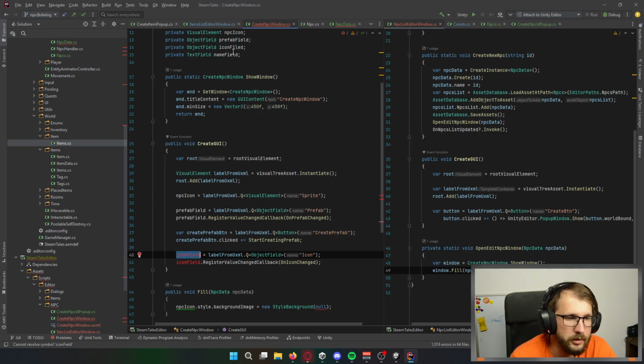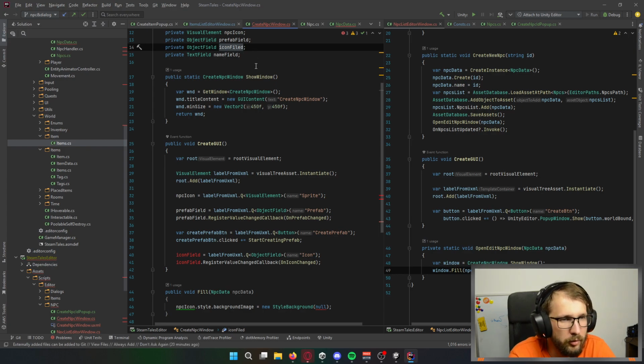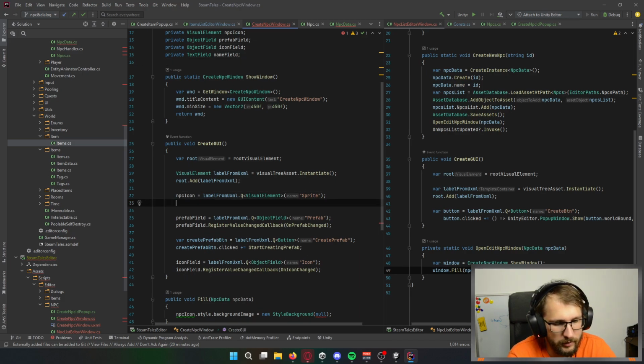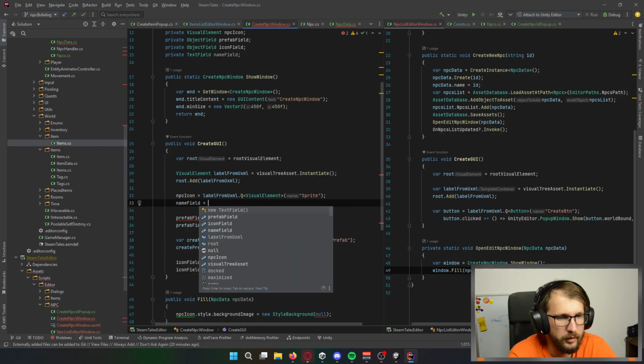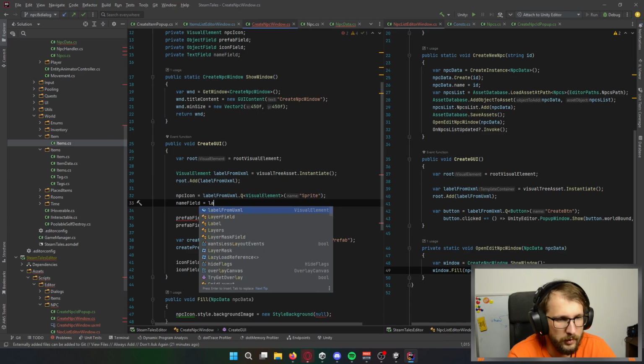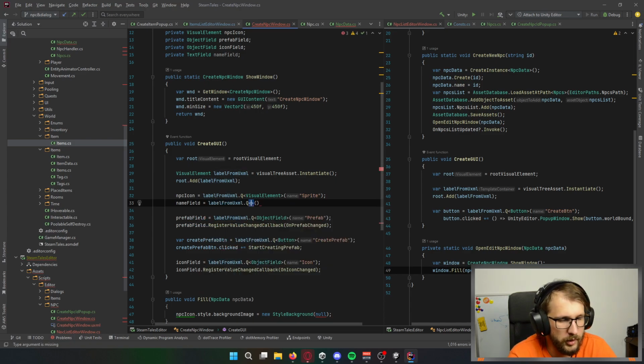Of course, I made a typo. And I have to name field, not new, but load from XML, getting my text fields called name.